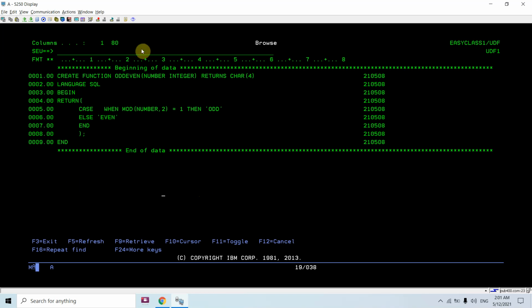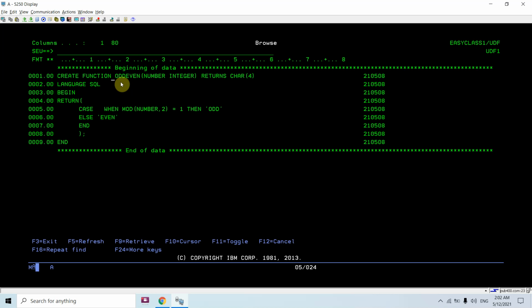You can see this name can be up to 128 characters. For example, if I define a function to check whether a number is odd or even, and I write it like this in continuation, then it's a long name, it's not up to 10 length.